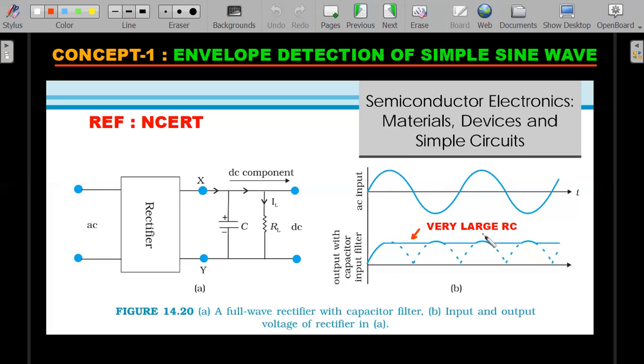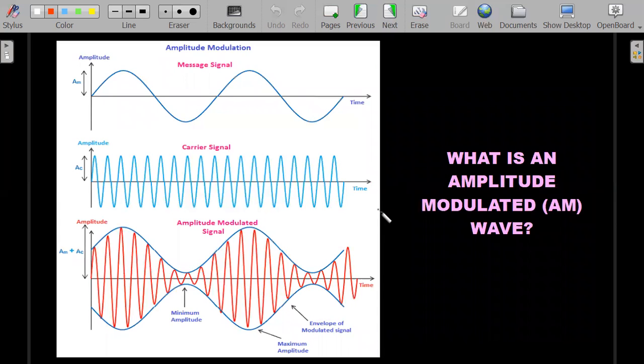So usually you need this value of RC to be larger than the time period of the input signal. Whatever is the time period of this value should be larger than that. Okay, so this is concept number one. Now, what is the amplitude modulated wave? Whenever any message signal, which is a simple sine wave, which is a lower frequency signal, is modulated,